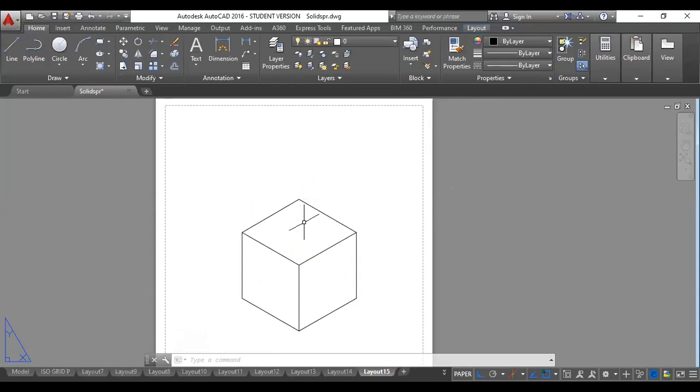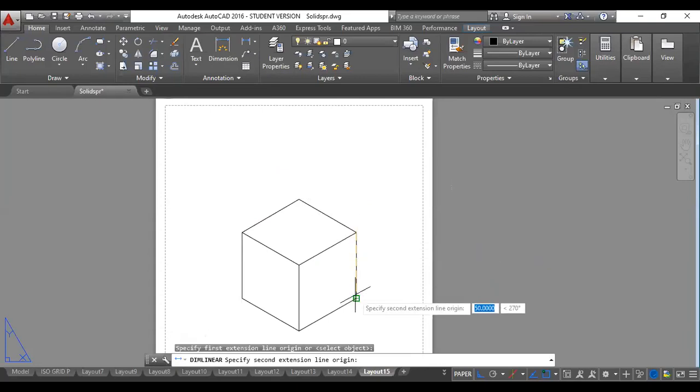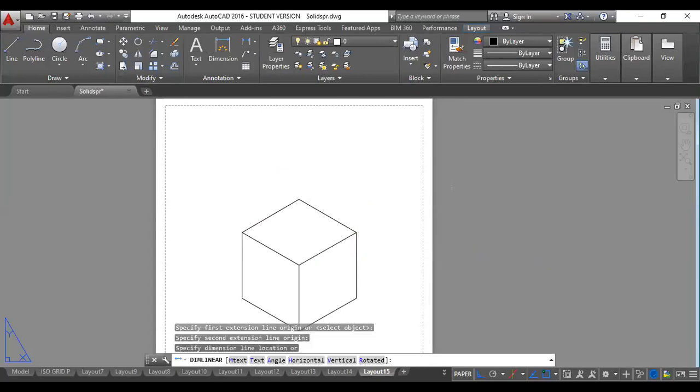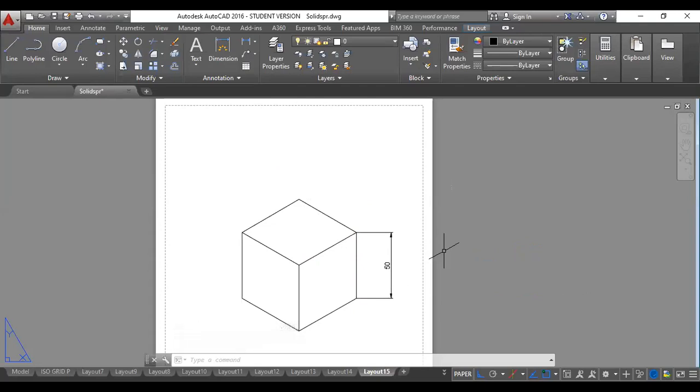Now, very important thing to notice. I told you that whenever you are making any drawing in isometric, its actual scale will get reduced, right? But if I see here, the length of this cube is 50 only. It has not changed. But actually in isometric view, the length should get reduced by a factor of 0.8164. What happens in software is when you are drawing in isometric using the software, the scale taken by the software will be true length only. Whatever scale it takes, it remains true length only.